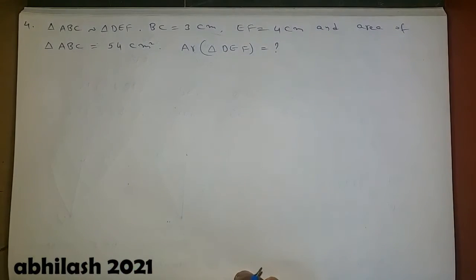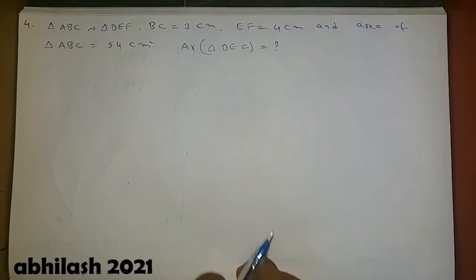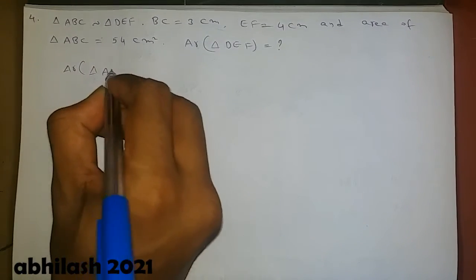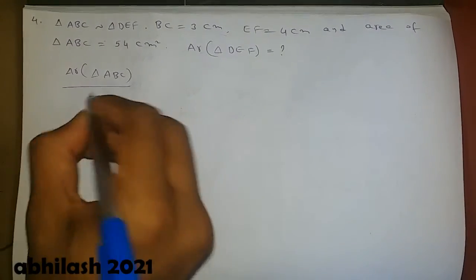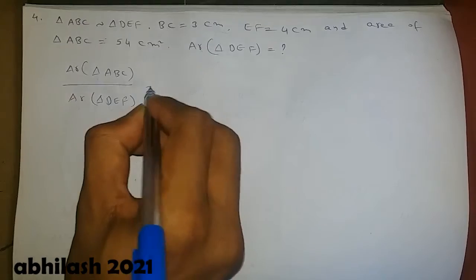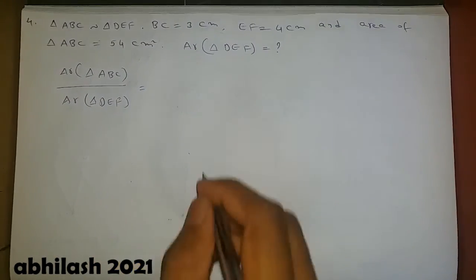Triangle ABC is similar to triangle DEF, and BC is equal to 3 centimeters, EF is equal to 4 centimeters, and the area of triangle ABC is equal to 54 square centimeters. Then what is the area of triangle DEF? So already we know the area of triangle ABC divided by the area of triangle DEF is equal to the squares of the